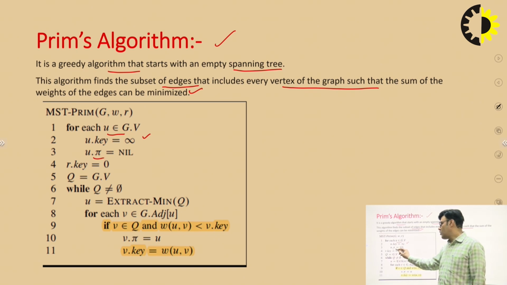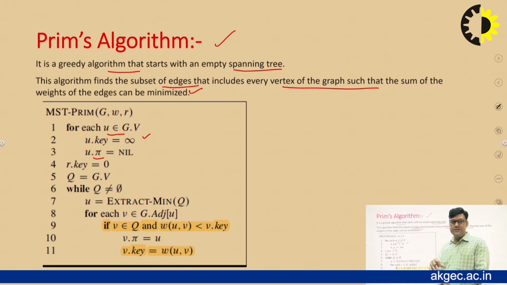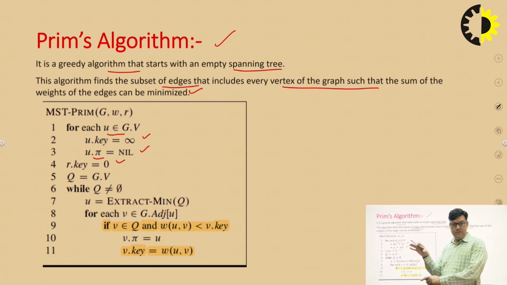And U dot pi is the parent value. So initially, the vertex from where we start is the starting position. No parent is there for that vertex, so put it as nil. Okay, and the key value of that root element will be 0. So we will initialize the key value of root element as 0 and all the values of the vertices as infinity. Okay, now again initialize a queue, a set, put G dot V, all the vertices of the graph should be put there in a queue